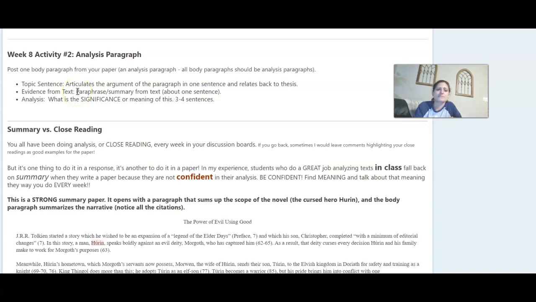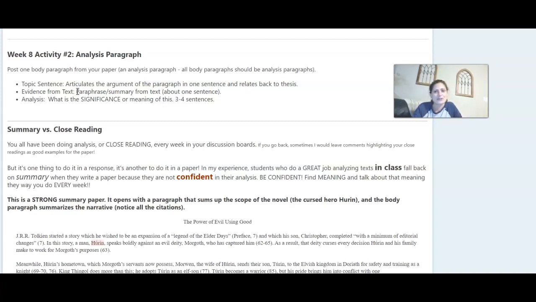Then you should have evidence. This should primarily be paraphrase or summary from your text. Quotes only when absolutely necessary. So primarily summary, just like from your summary paper, except instead of an entire paragraph of that, you're going to get one sentence, maybe two. And then finally, analysis. What is significant or meaningful about this evidence you've just given the reader? That should be about 3 or 4 sentences. That should be the bulk of the paper, your analysis or your close reading,